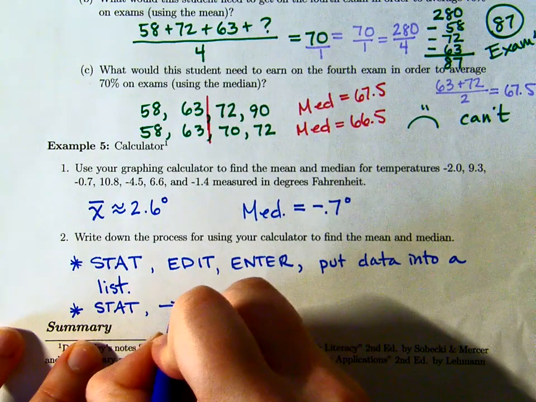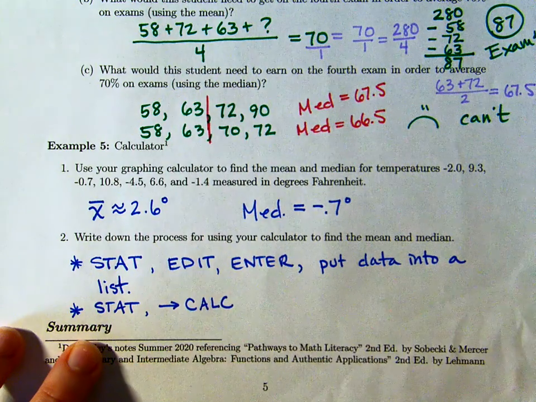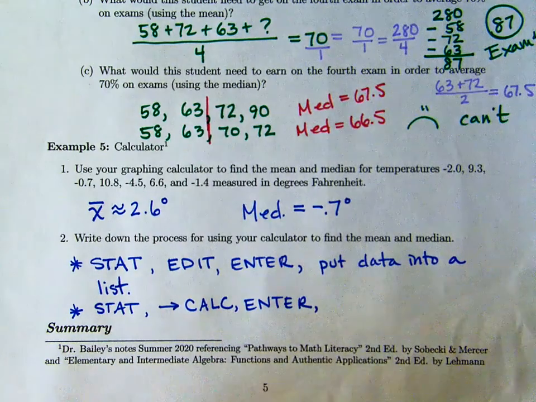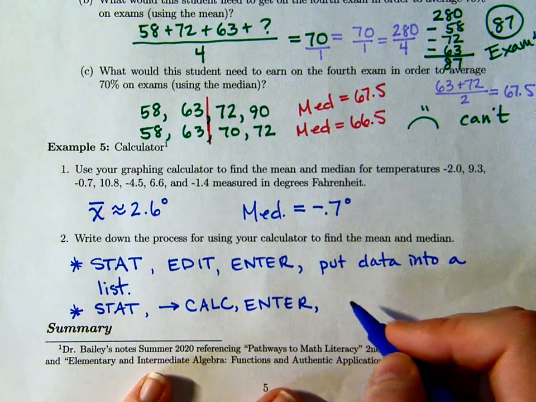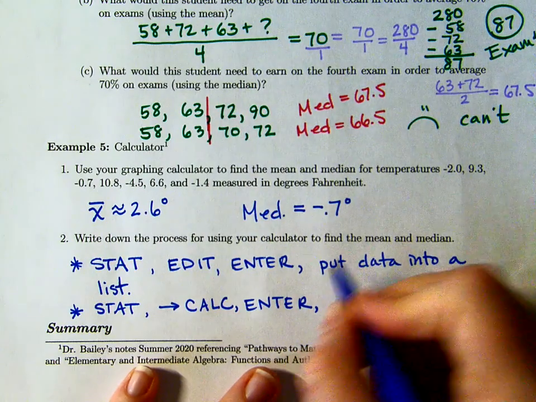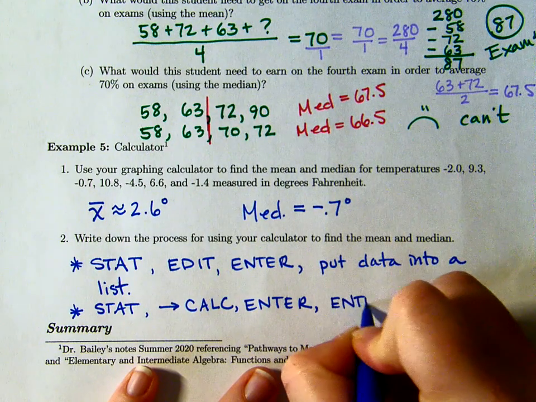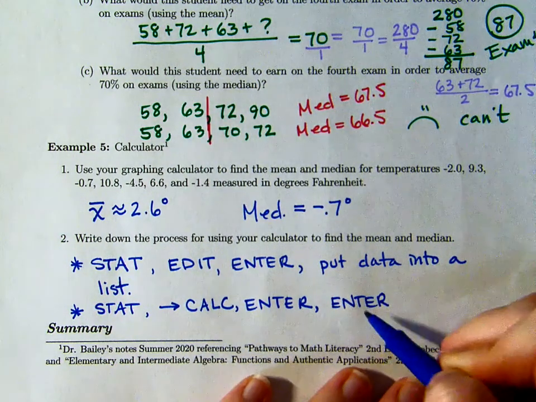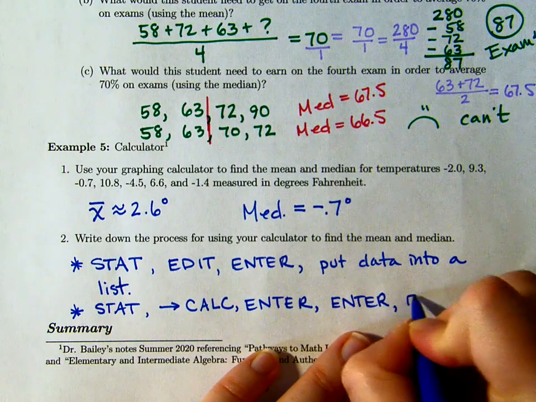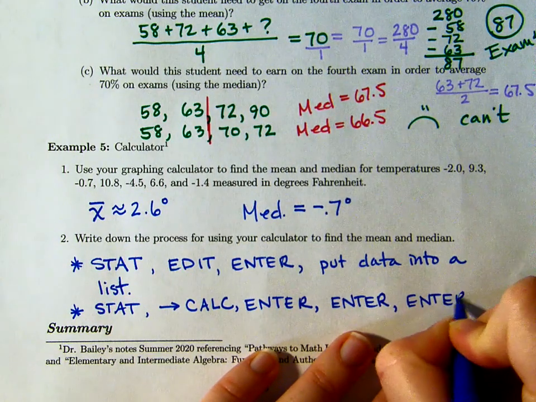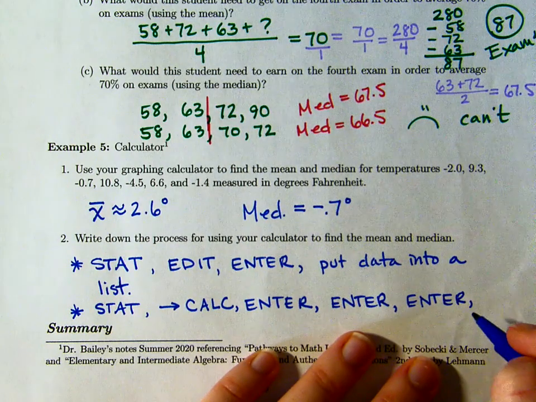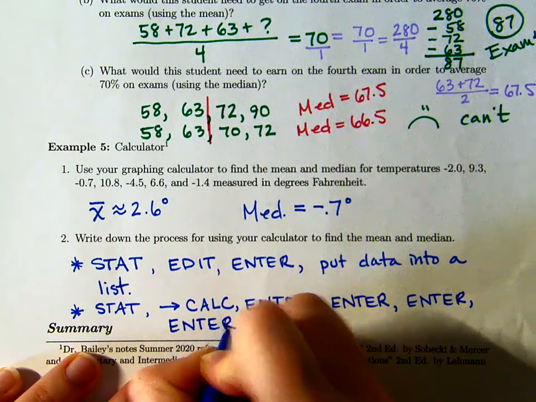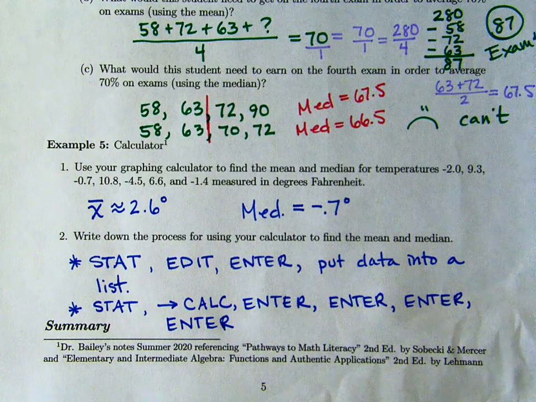and then we went over to calculate, hit enter, and from there we made sure that it was the correct list. So as long as it said L1 and we put our data into L1, then we hit enter again. We hit enter again to tell it that it wasn't a frequency chart, and then it appeared on calculate, and we hit enter one more time for it to show us all of the statistics